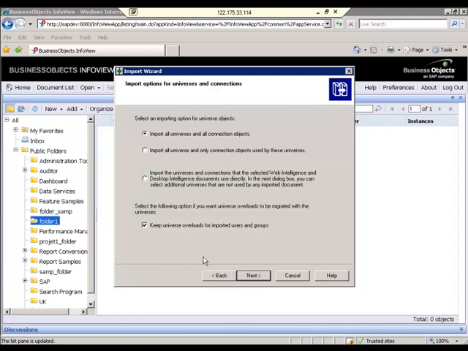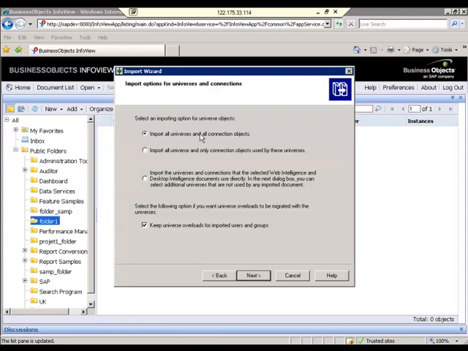Then this step, it will ask you to select the universes. Whatever Crystal you selected, those connections; whatever Excelsius you selected, those connections are selected. Now you need to select the universes for the WebI report. When you see here, you have a select import option for the universe objects.